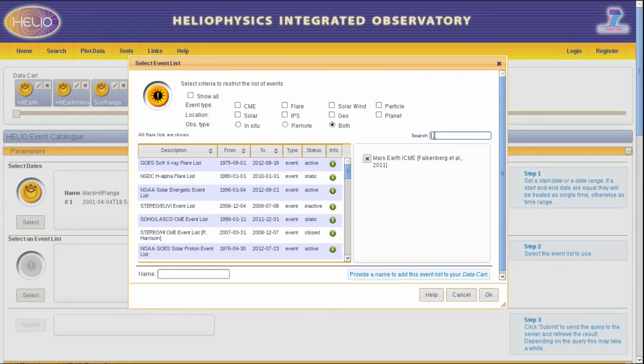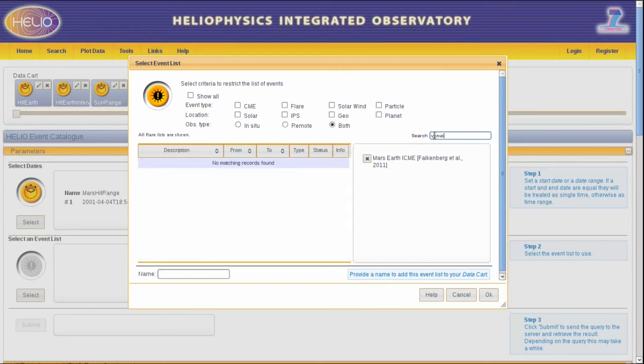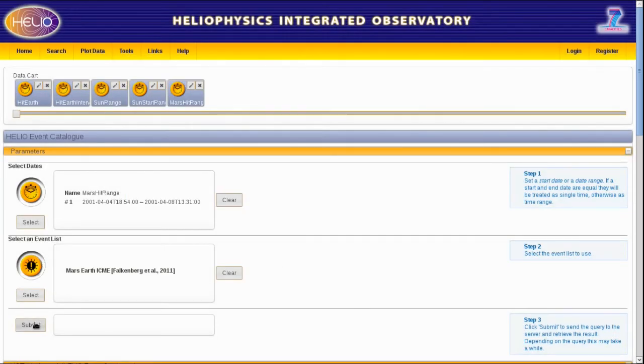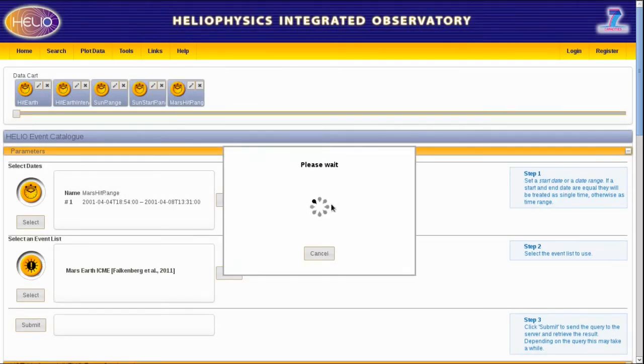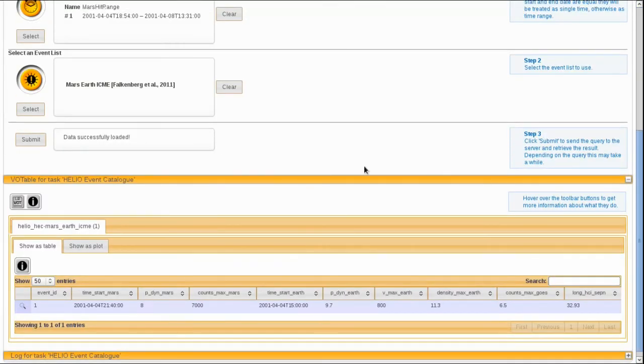In this case, we will also find that the CME would have hit Venus, so we can search if there's something in Venus, but there is not, unfortunately. So we can save that and search for events happening in Mars in that time range. And surprisingly, there's an event that started in Mars around that time. So we can save